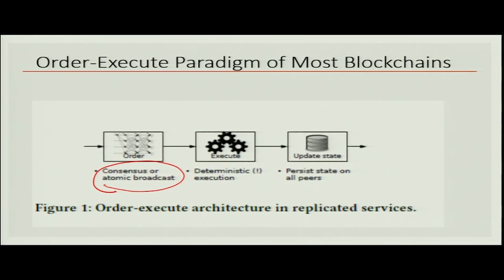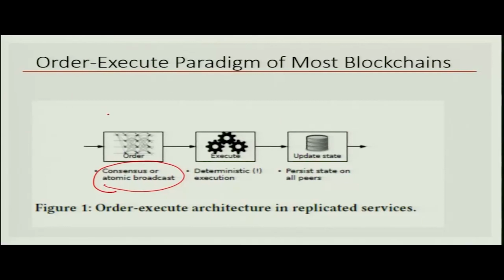they will try to cut a block, but in order to cut a block they have to solve a puzzle, and once they solve the puzzle, then they have won that round of consensus. Then once the consensus is reached, the winning block is broadcast to everybody, and then everybody has to execute the transactions at their own nodes and make sure that these transactions are valid, they have the right signatures, etc., and then they will update the state and add that block to the end of the